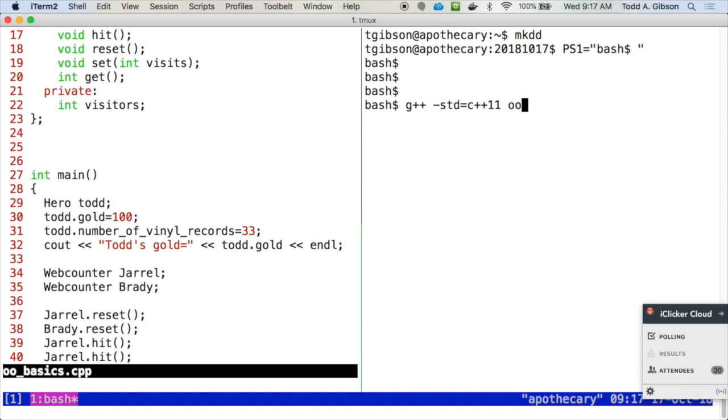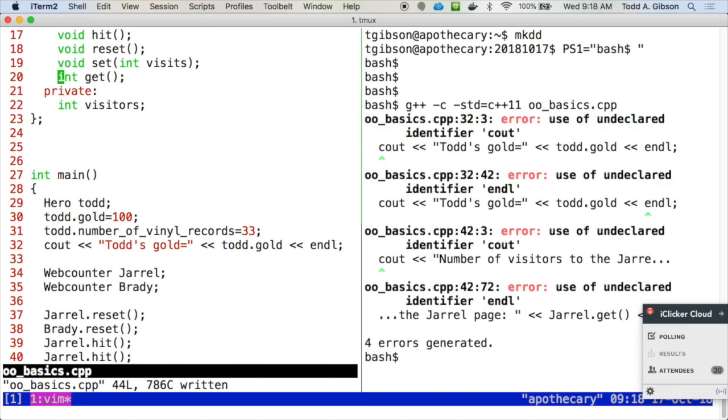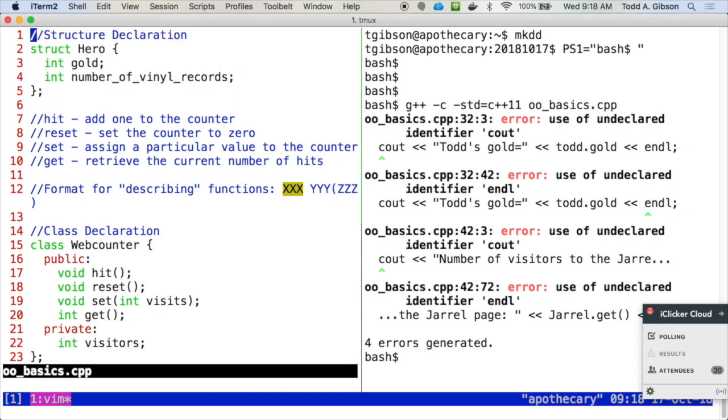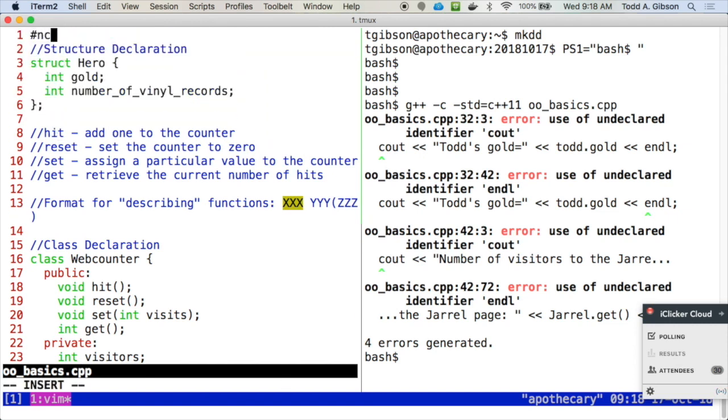This is oobasics.cpp. The -c option means I will only try to make this code machine readable, but I won't try to create a running application. And it doesn't like cout. So I've forgotten to say #include